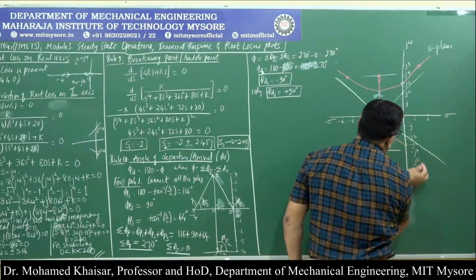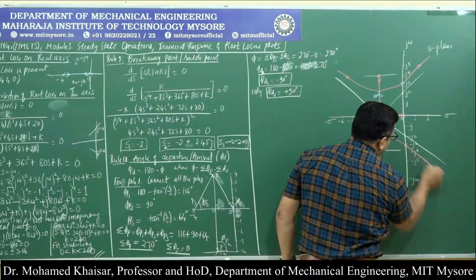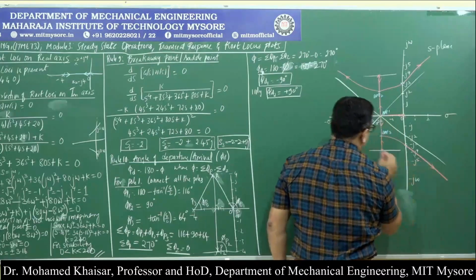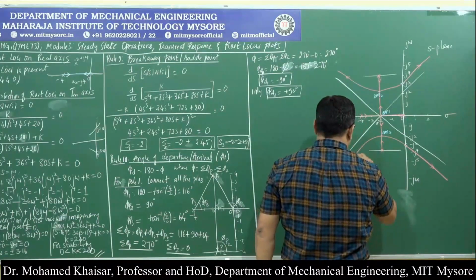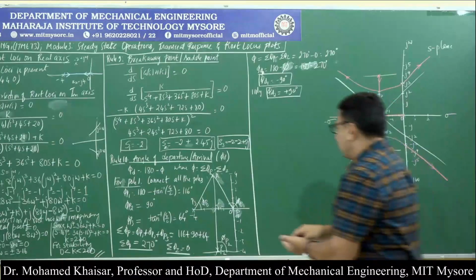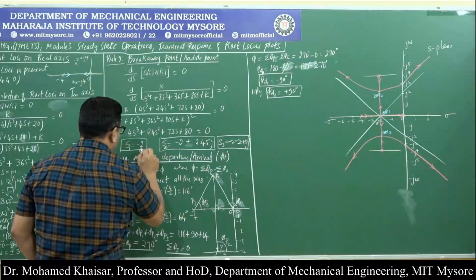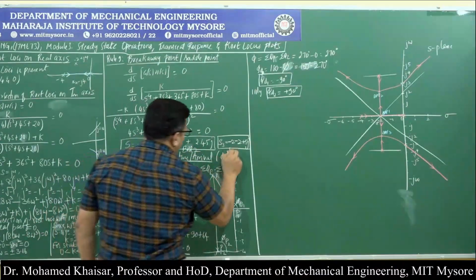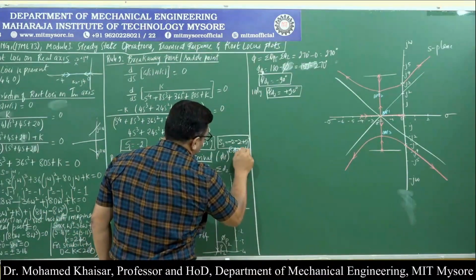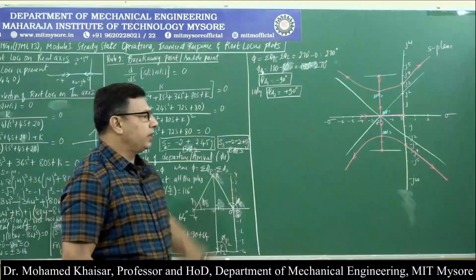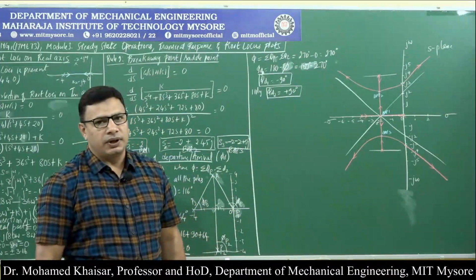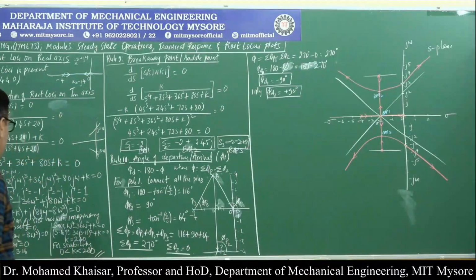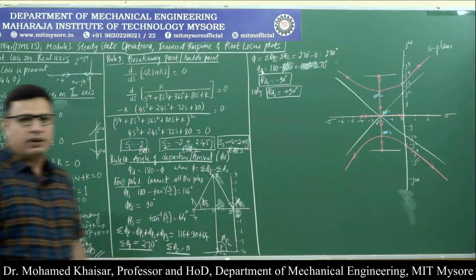From here they will depart, and one branch after departing will intersect the imaginary axis at minus j3.16 and go along parallel to the asymptotic straight line. Similarly on this side also. So, this is BAP1, this is BAP2, and this is BAP3. This is how the root locus plot will look. All the 10 rules became applicable. We have even found the range of values of k for which the system is going to be stable.